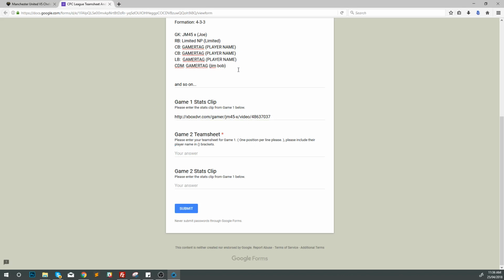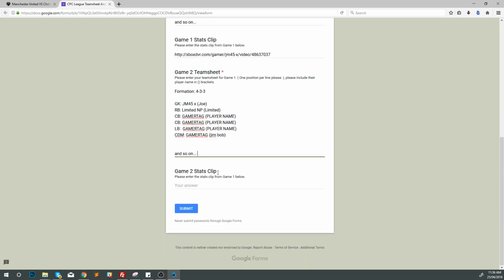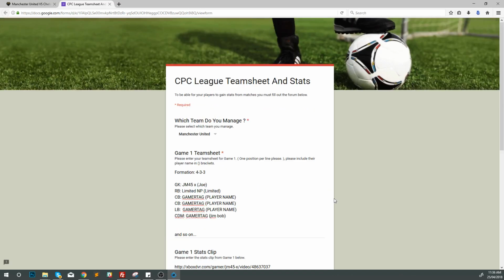And obviously you're going to want to paste your team sheet for game 2. And then of course your stat clip for game 2 as well. So it really is as simple as that. As a manager, you do not have to type stats out. All you have to do is give us the formation, the positions, the gamer tags, followed in brackets by their player name. Without the player name, we will not know which player is which, and their stats will be skipped,